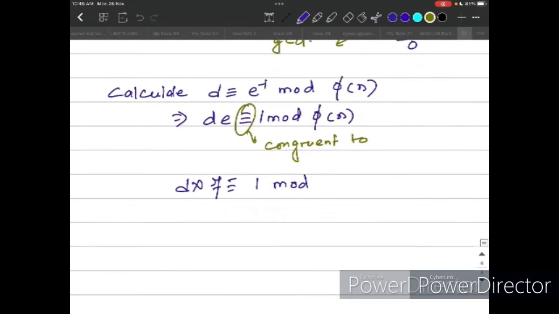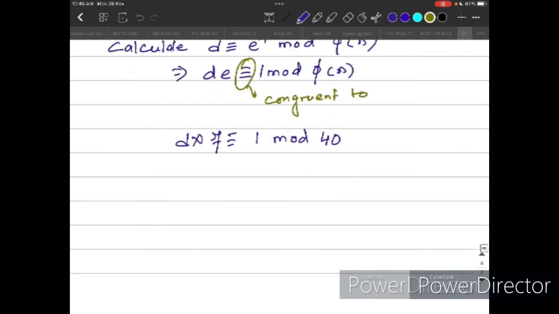Phi of n is how much? Phi of n is 40, I think, 40. Now we have to find out D. Or you can write like this, D into 7 mod 40